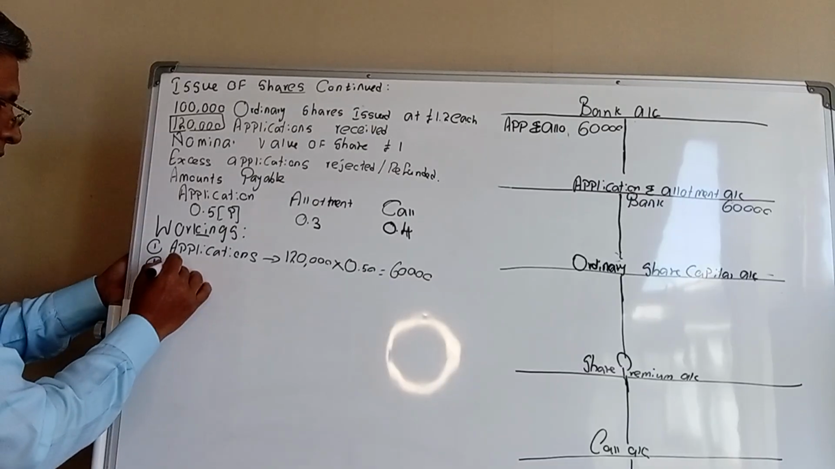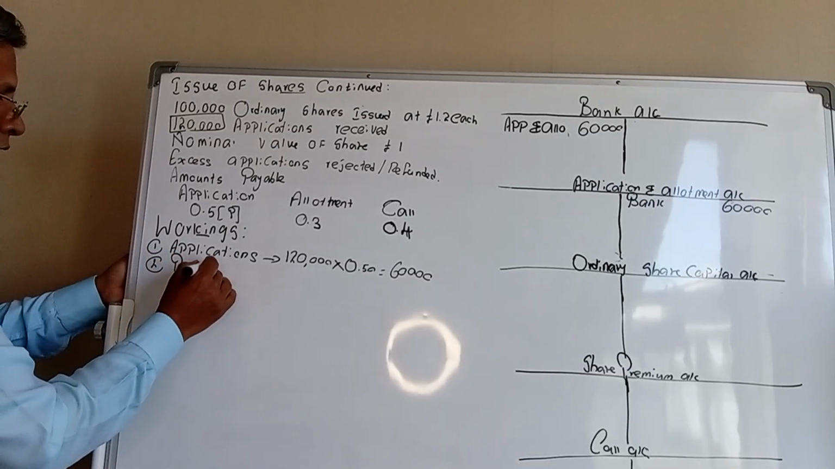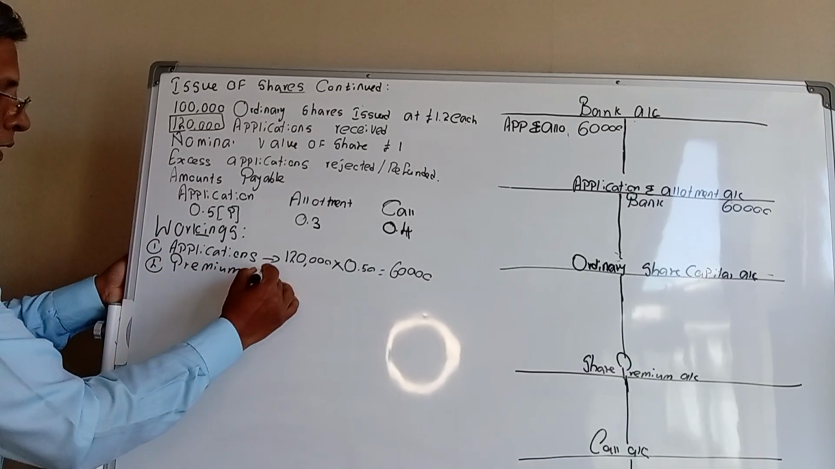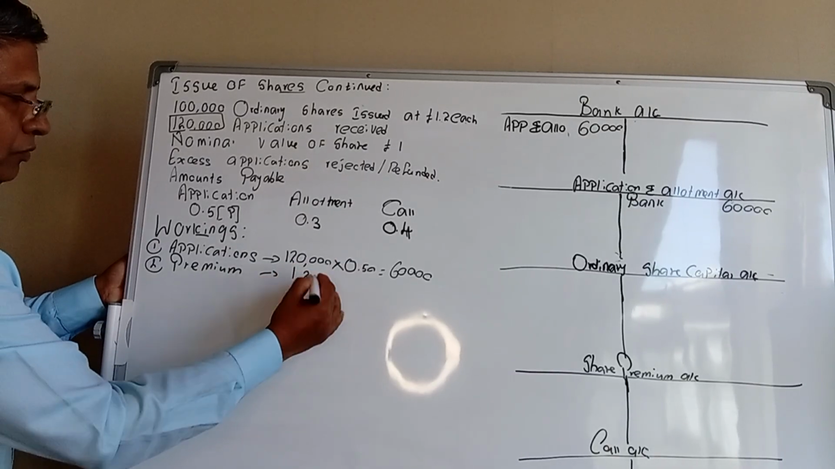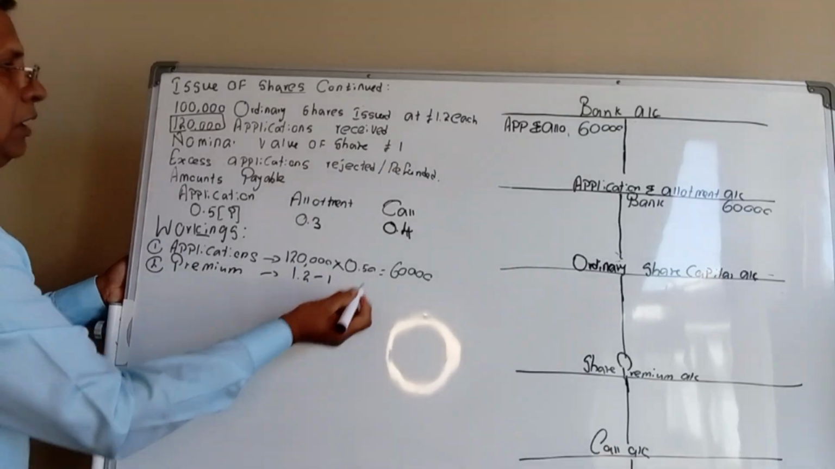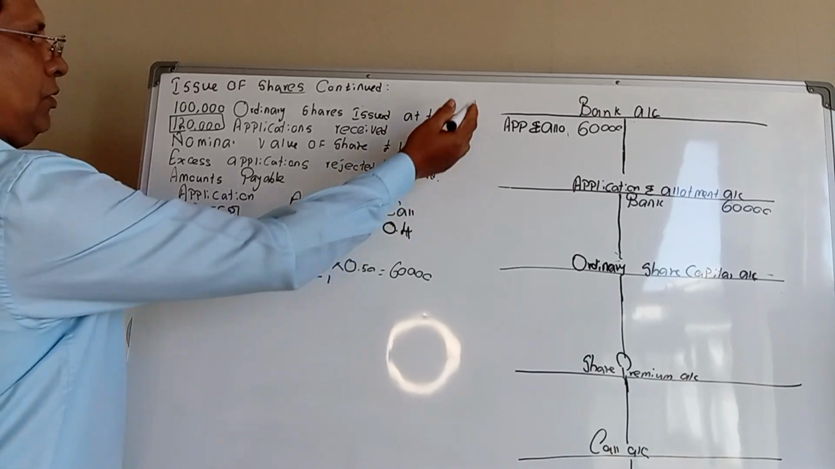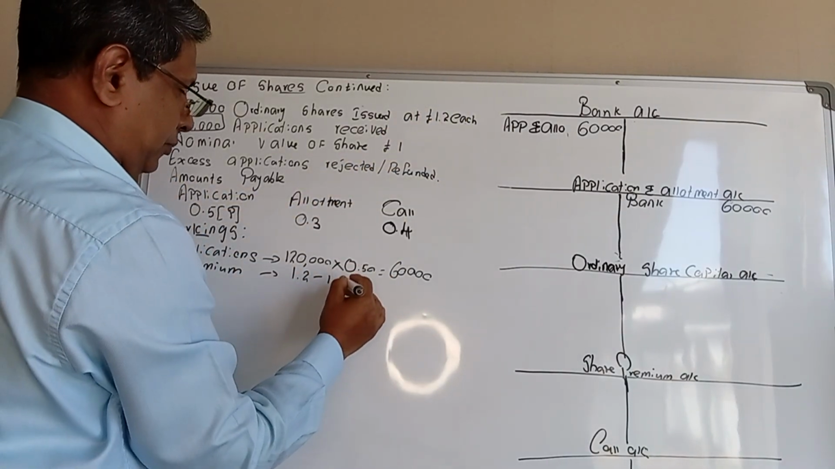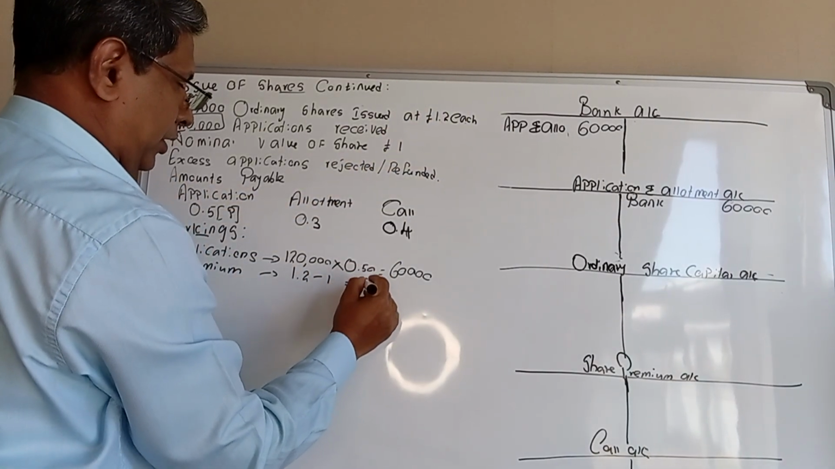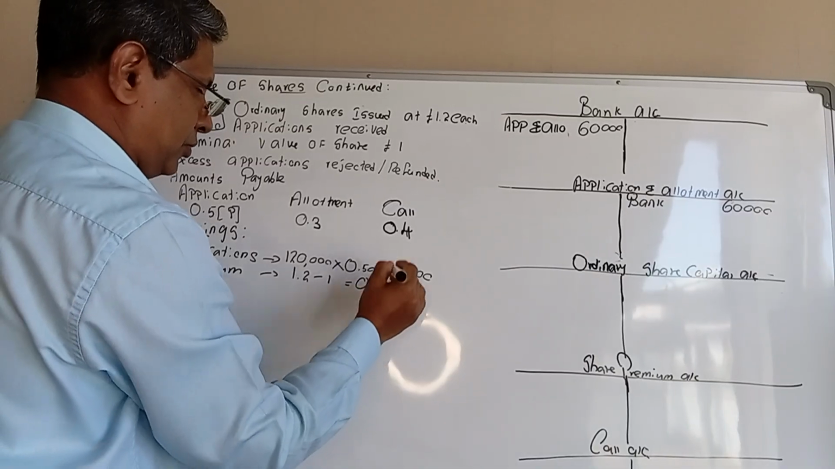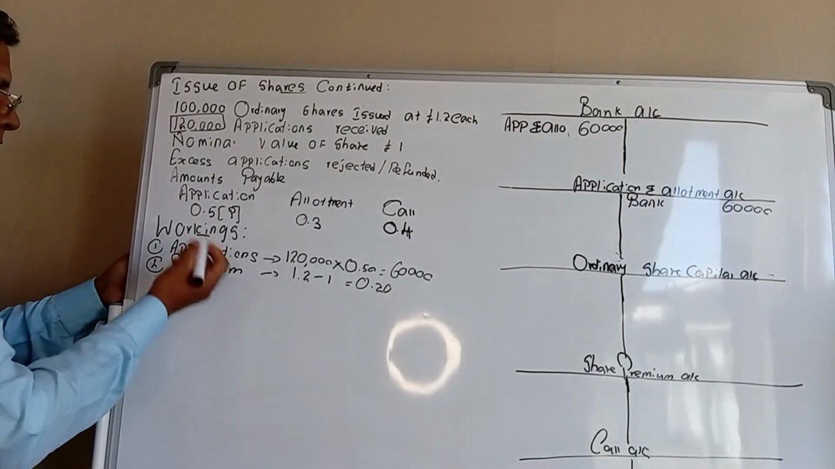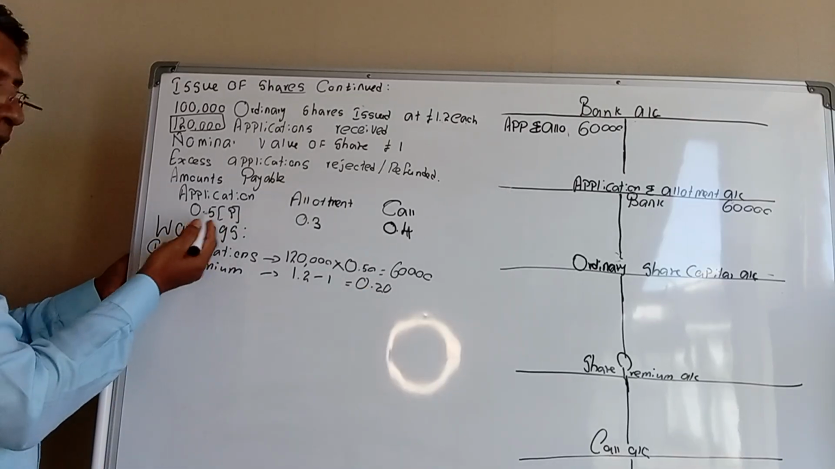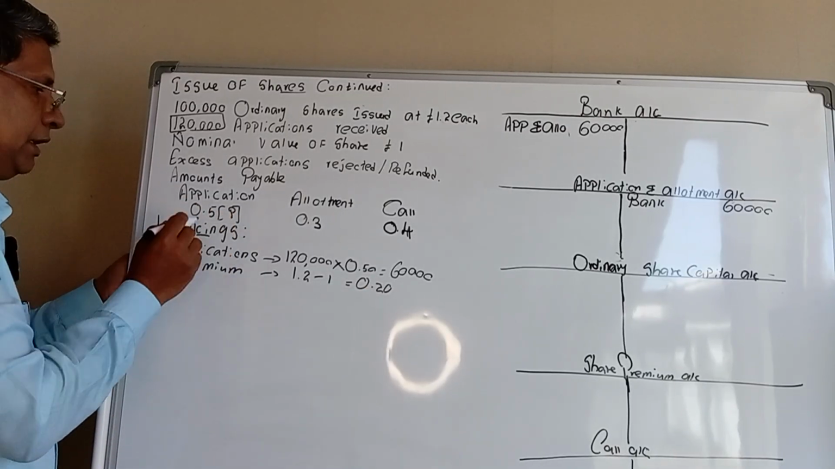We understood that the premium is always the difference between the issue price, which is 1.2, and the nominal value. Nominal value is £1, issue price is 1.2, therefore the premium is going to be 0.2. The premium is going to be 0.2. Okay. Then you can see if the premium is going to be 0.2 and included in the application money, we